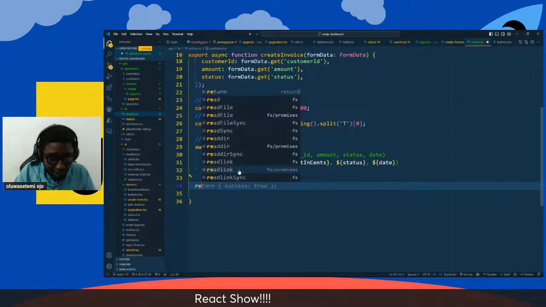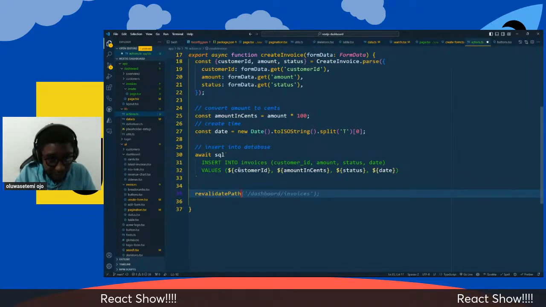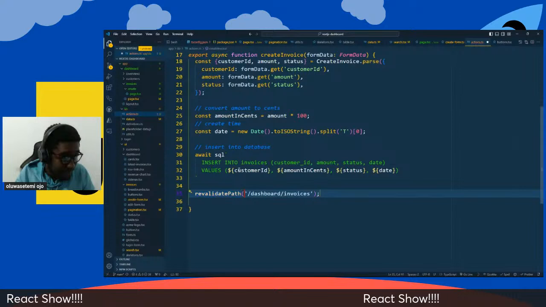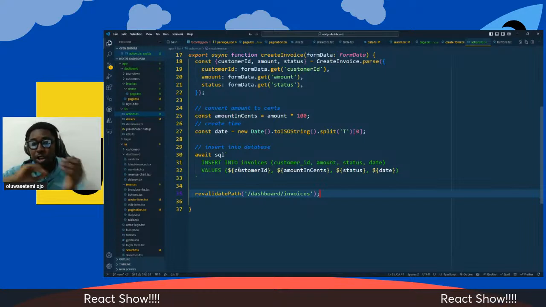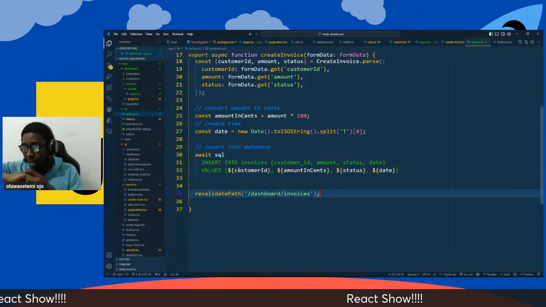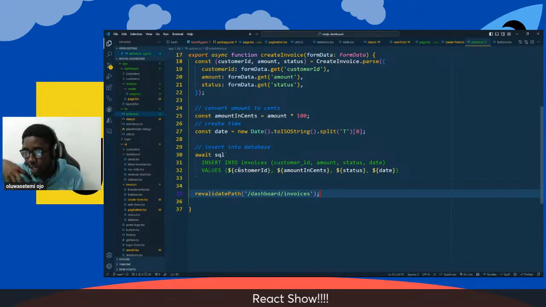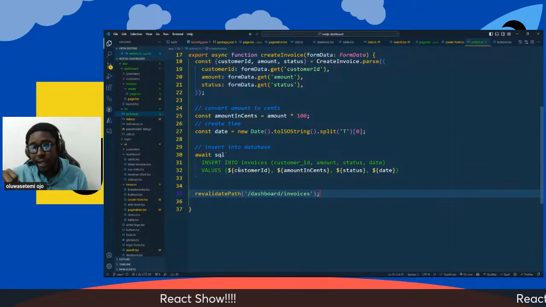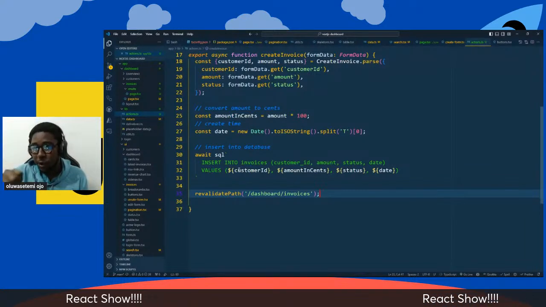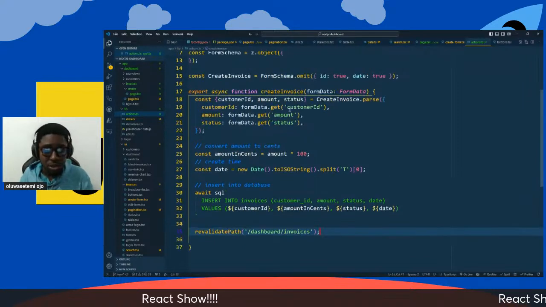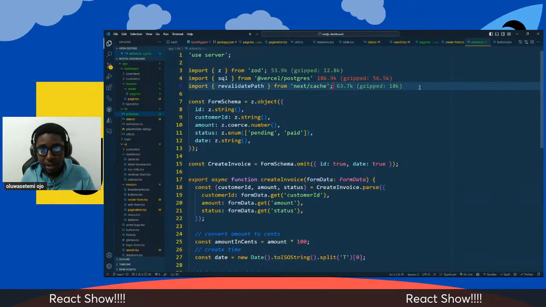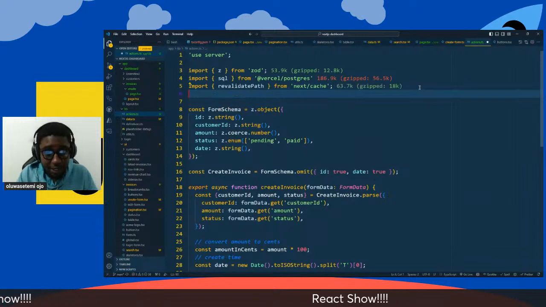And then we can also revalidate or redirect. So we can revalidate path and pass it to the path. I think I understand what the revalidate does now. When you create it, revalidate sort of reloads the whole page to make sure that your invoice is fetching the latest things from the database there. And we also want to redirect when we are done. So redirect,